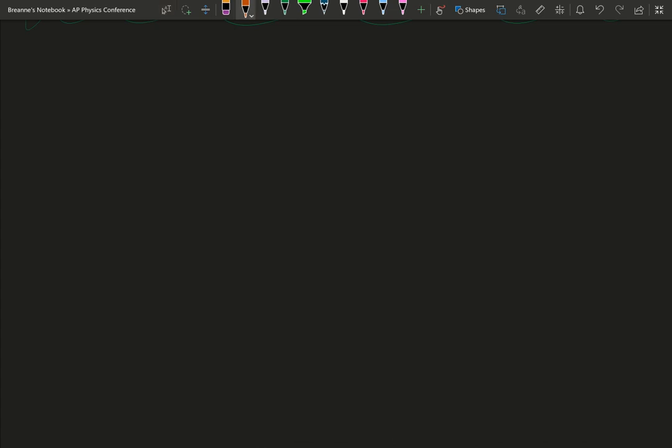You have a platform, and then you have a person jumping, and it says that's the platform. It says that this distance is d. And it says that's the chord. Okay? And it says this is the initial